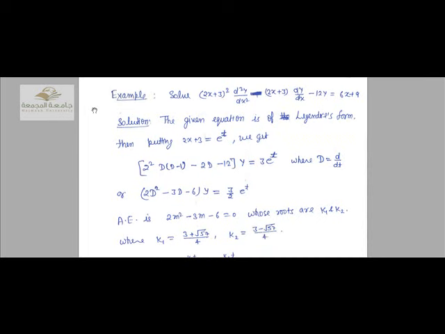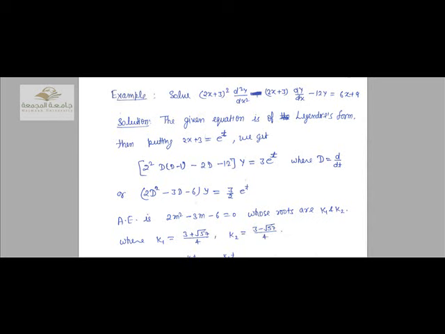Example third: solve (2x+3)² d²y/dx² − (2x+3) dy/dx − 12y = 6x + 9. The given equation is of Legendre's form. Then by putting 2x+3 = e^t, we get